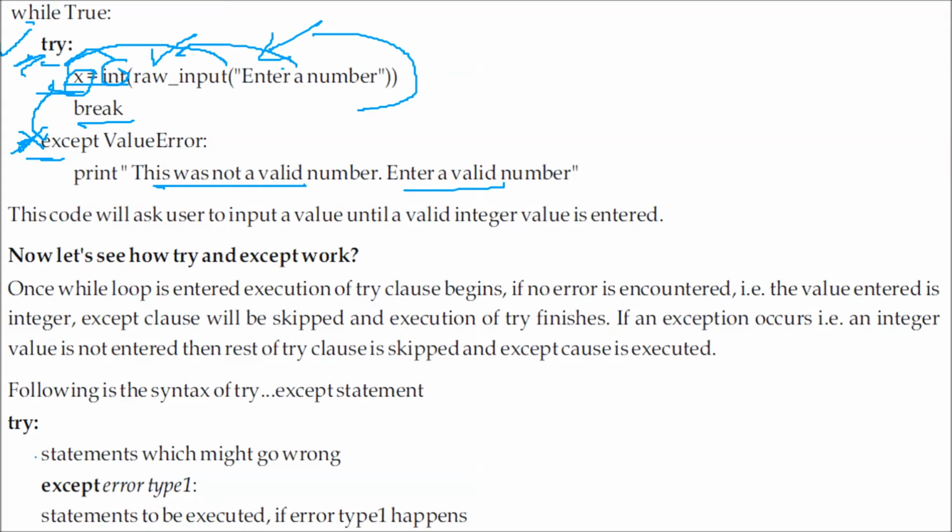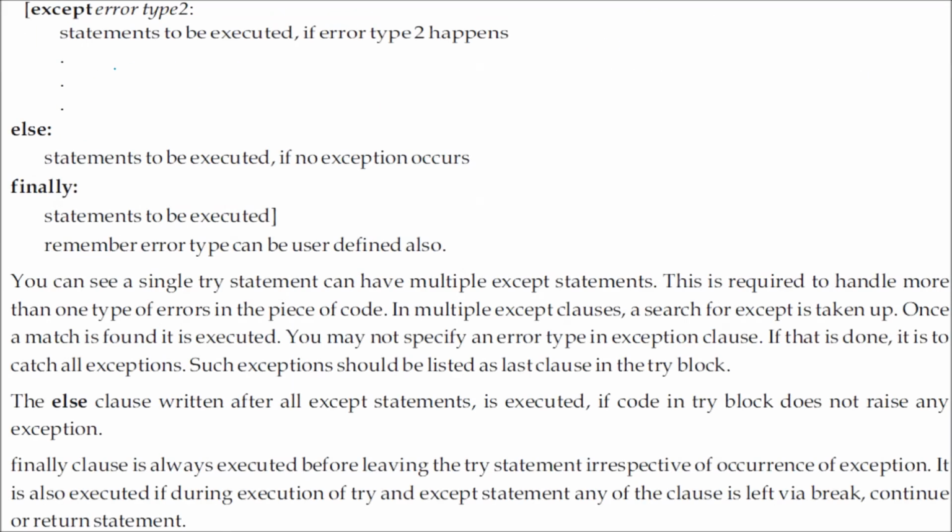So this is the syntax of the try except statement. Statements after try are those which might go wrong. Except an error type: the statement should be executed if this error happens. Then some error type 2 you can also give. If error type 2 happens, what to do? Then last you write an else statement to be executed if no exception occurs.